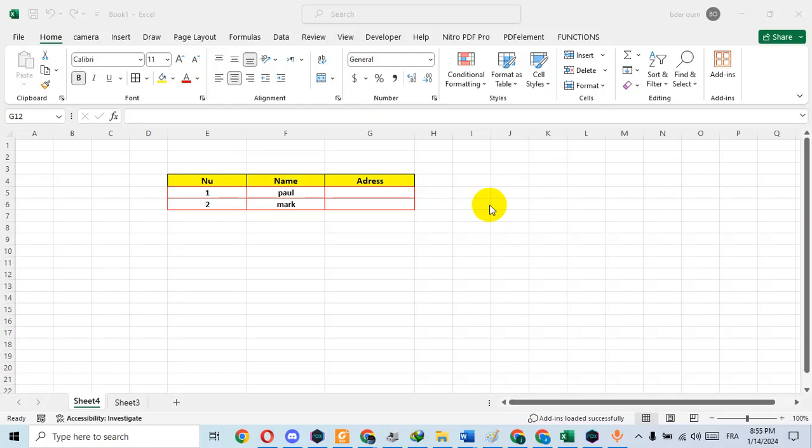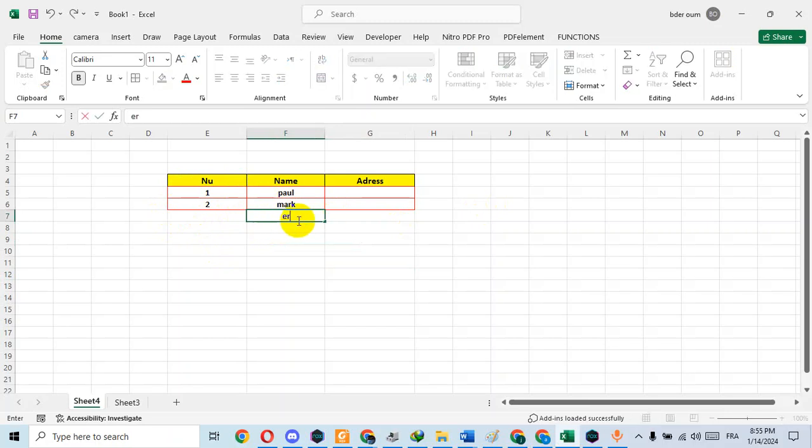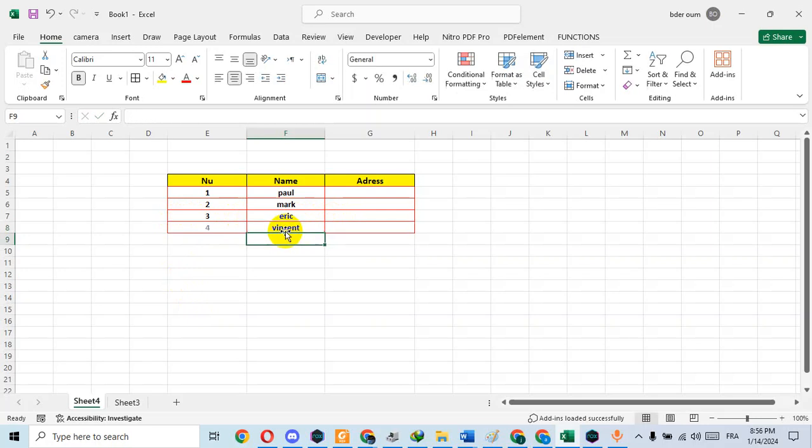Hello everyone and welcome. In today's video I will show you how to make a table like this one in Excel, automatically numbering and underlining the table in Excel like this. Enter. As you can see, it automatically adds the number and underlines the table. Enter. So to do it like this,